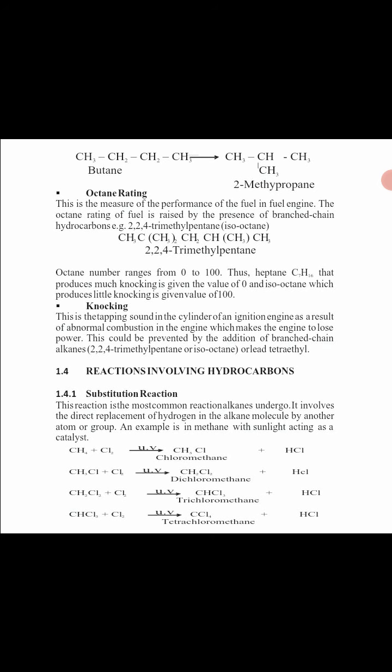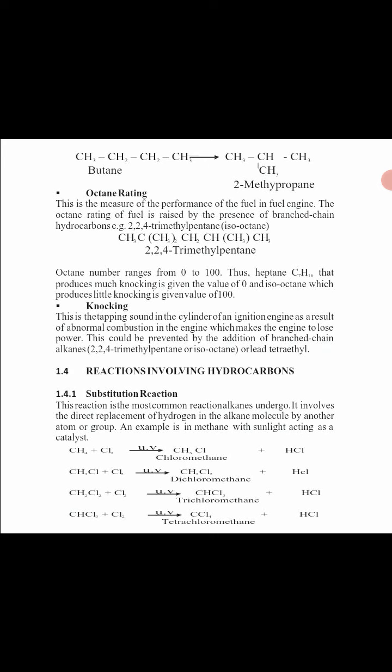Okay. So the above is an example of a reforming reaction. I told you yesterday, it's a conversion of straight chain hydrocarbons into branch chain hydrocarbons. And that's the example up there. You have butane being transformed to 2-methyl propane. Have you seen it? Butane being transformed to 2-methyl propane. And not surprisingly, 2-methyl propane is an isomer of butane.